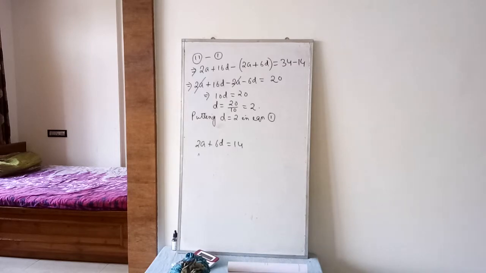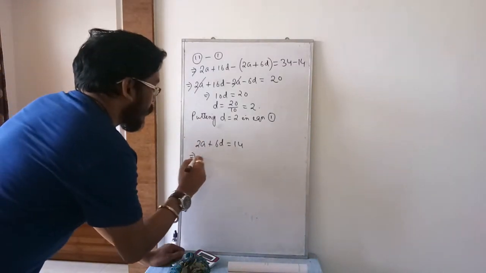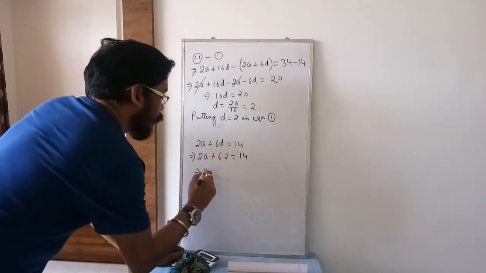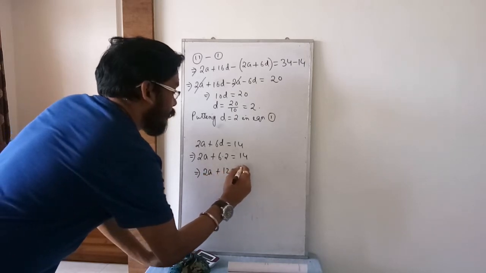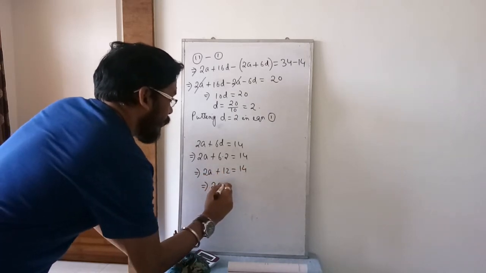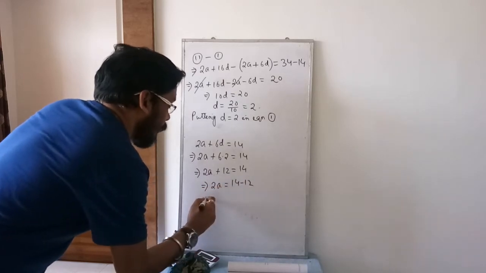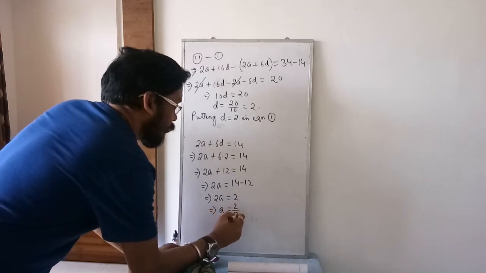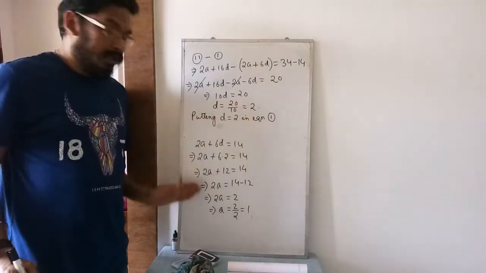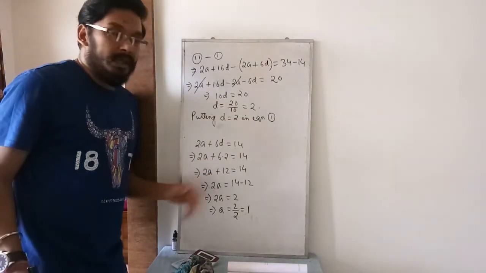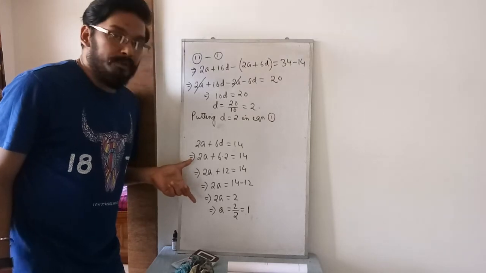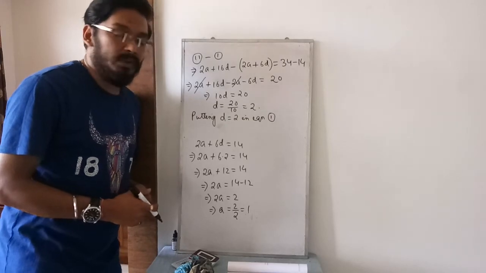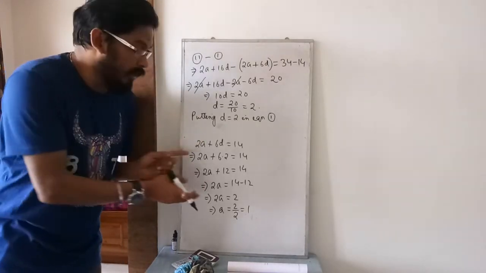Okay. Now I'll put the value of d here. So this implies twice a plus 6 into 2 equal to 14. So twice a plus 12 equal to 14, so twice a equal to 14 minus 12, twice a equal to 2, a equal to 2 by 2. You see, I can do this directly, I can easily find it by calculating in my mind. I'm just going for the long process so that everyone can understand. By thinking as a whole, I'm just increasing the number of steps. You don't have to increase so many steps.